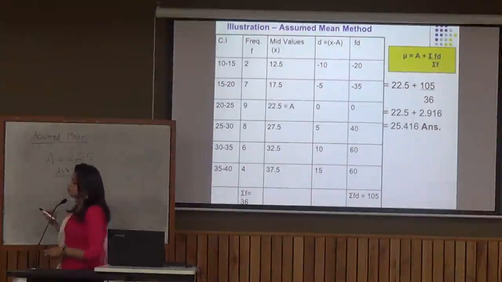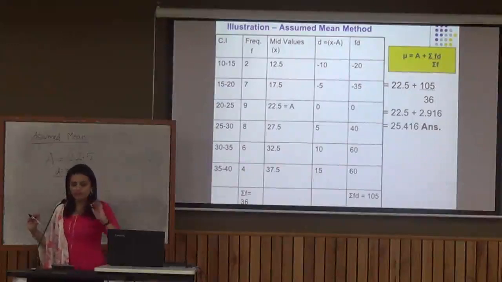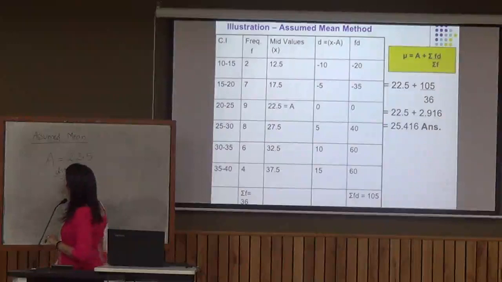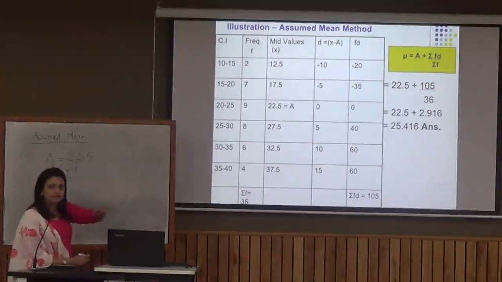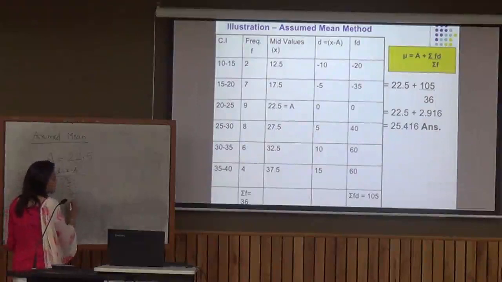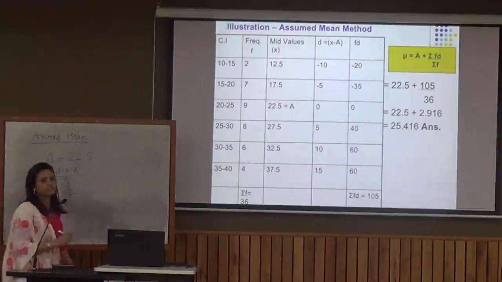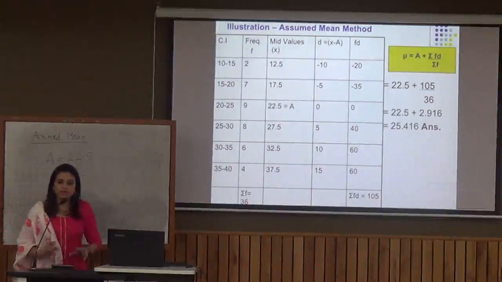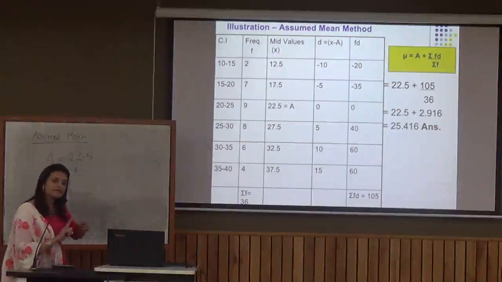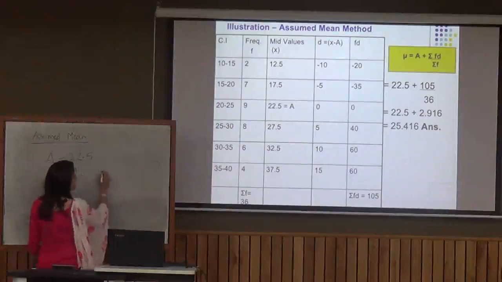Now if I want to find out the value of d for each mid value, you do 12.5 minus 22.5, that makes minus 10. Then you have 17.5. Subtract 22.5 from 17.5 and you get minus 5. Then you get a 0, 5, 10 and a 15, right? It doesn't matter to me whether a is bigger or a is lesser, right? Now, instead of multiplying frequency with x, I'm going to multiply my frequency with the deviation, and hence I'm going to find out